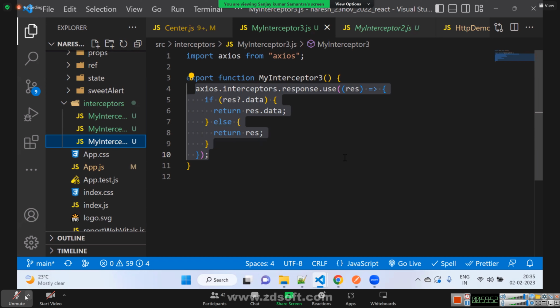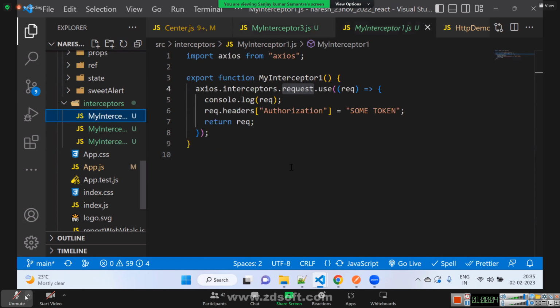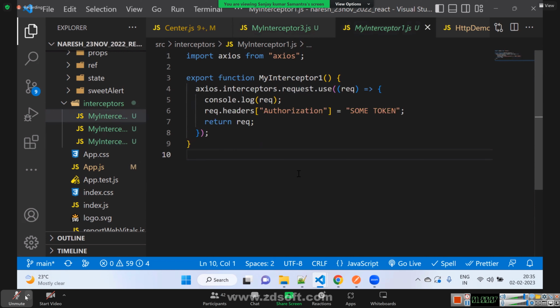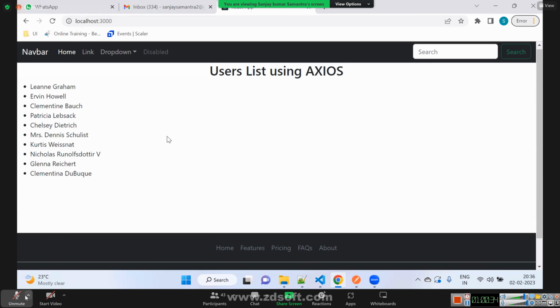So when making a request, I just wanted to add some specific code to it. You showed some list of requests that are there already, right? Like authorization and some other headers. Apart from that, can we not create a new one, or do we have to use the ones which are there? Can you repeat your question? When you did console.log of the request, there are a lot of things already displayed. So do we have to use only those to add something? No, we can add our extra things also.